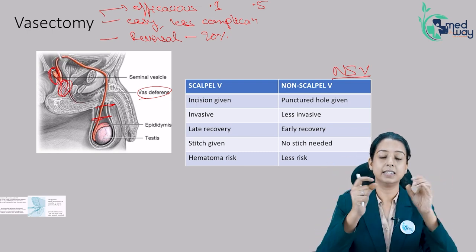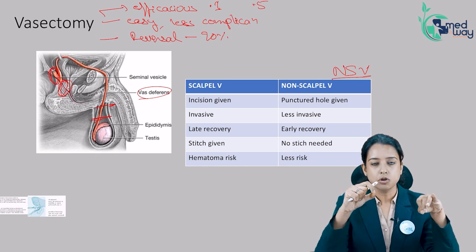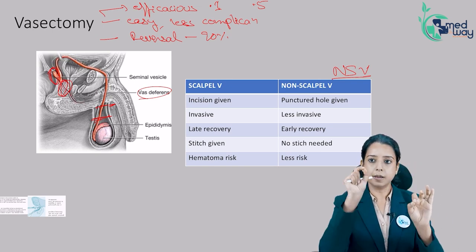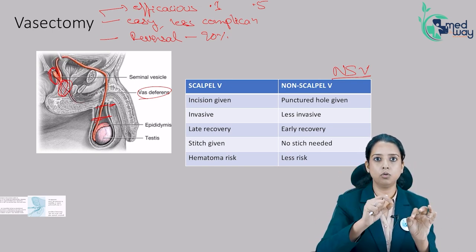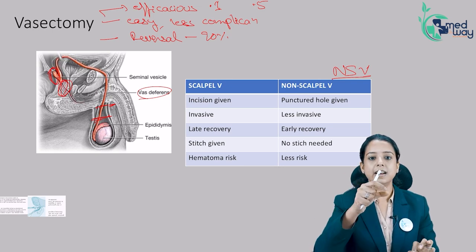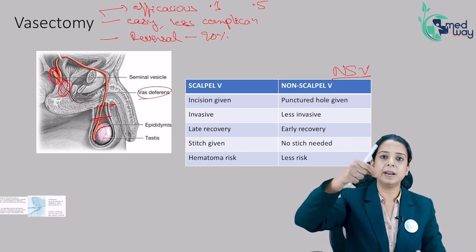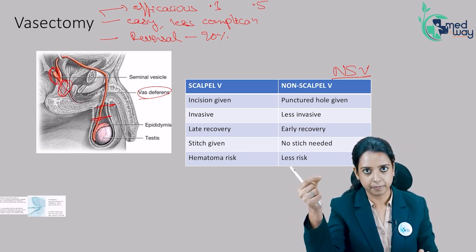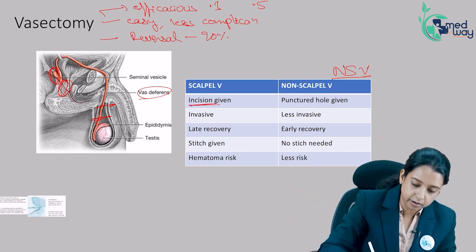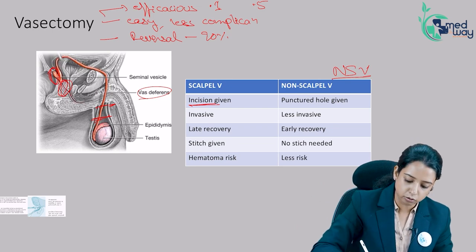But then it was seen that the scrotal skin is very stretchable. You do not need to give an incision. Just make a simple hole and stretch it. Insert an artery forceps, stretch it. It will become of sufficient lumen that you can bring out a vas segment. So here an incision was given, and that is why after the procedure you had to stitch it.